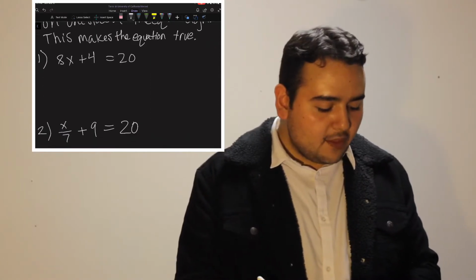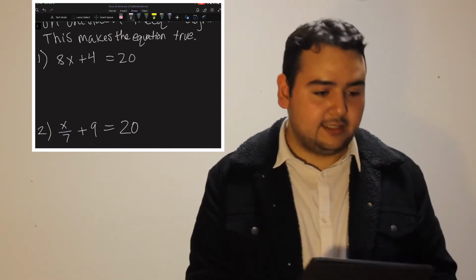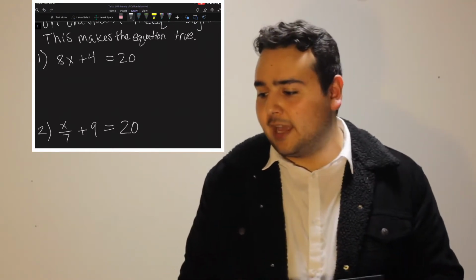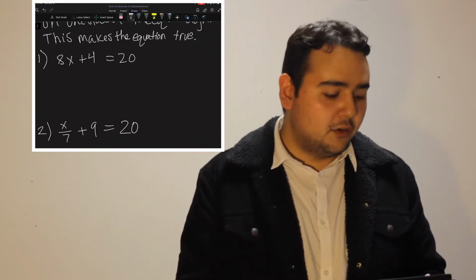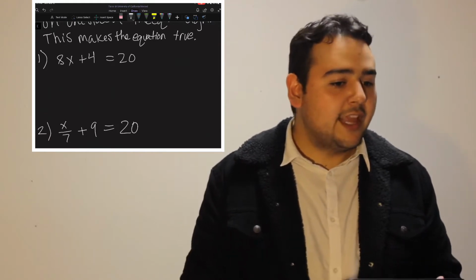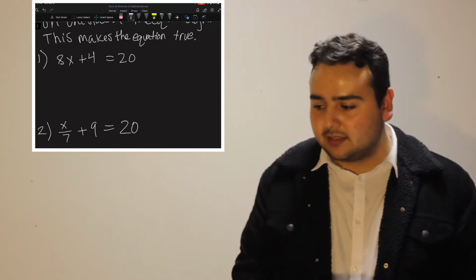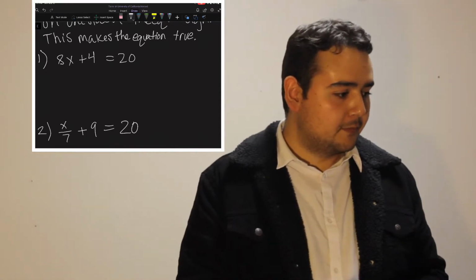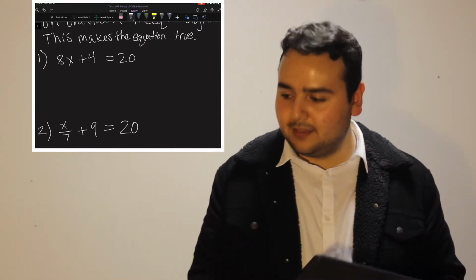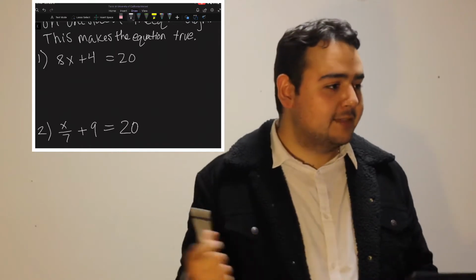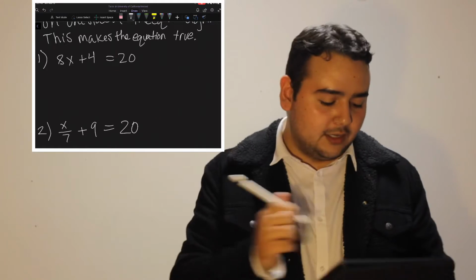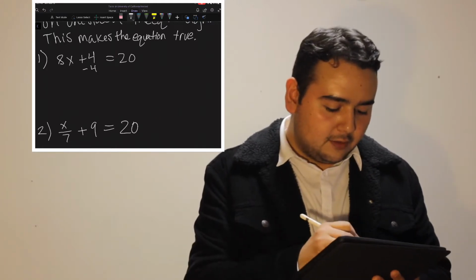So the first equation that I have for you guys is 8x plus 4 equals 20. What we're trying to do is find out what x is by itself. So what would you guys do first in this sort of scenario? Does anyone have any ideas? If we're trying to get x by itself? Subtract the 4. Yeah, right. So if we want to get x by itself on one side of the equation, the first thing we should do is subtract the 4. So if we subtract the 4, we get